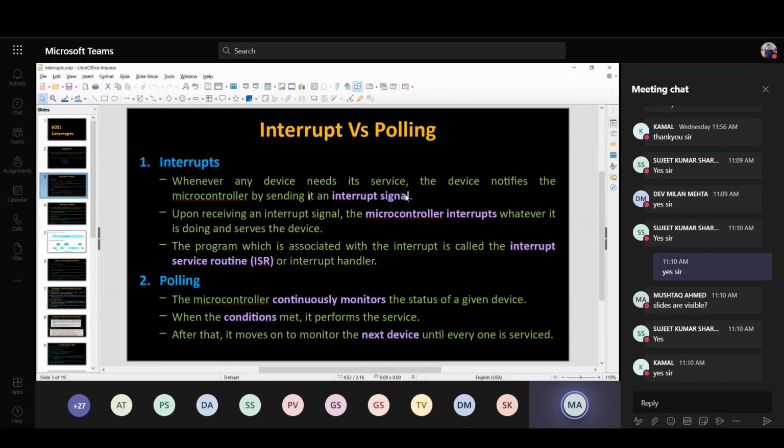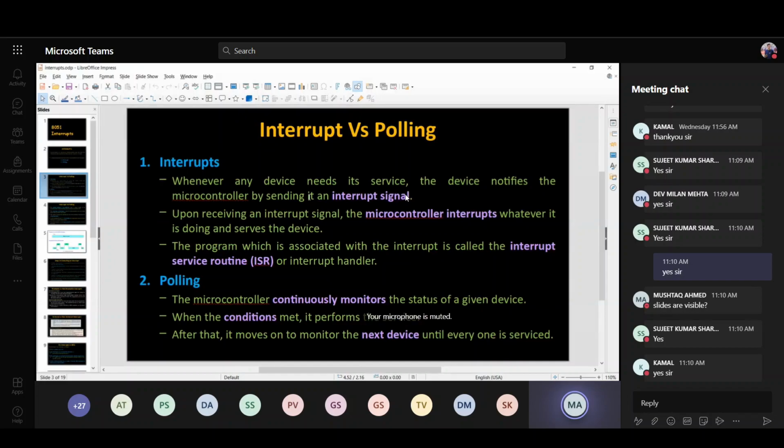So in the 8051 there are 5 types of interrupts. So there are 5 types of interrupt services in the interrupt service routine. Whenever a device generates any interrupt, the microcontroller looks into what kind of interrupt it is by using the interrupt service routine and performs those tasks.